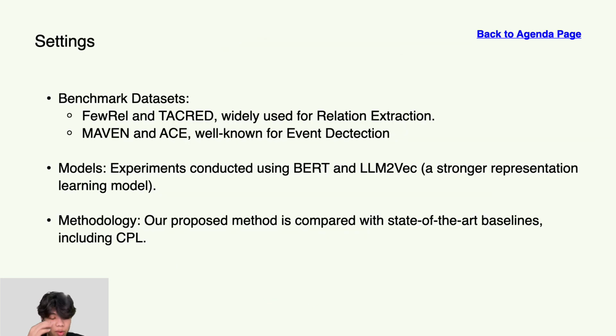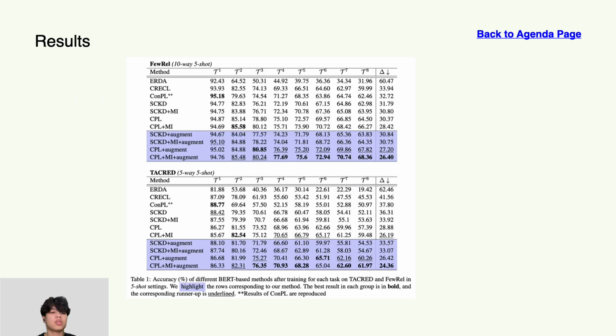So we evaluated our approach on 4 benchmark datasets, FCRE and TACRED for relation extraction, and MAVEN and ACE for event detection. We used BERT and LLM2Vec as the backbone models and compared against state-of-the-art baselines. So our first results